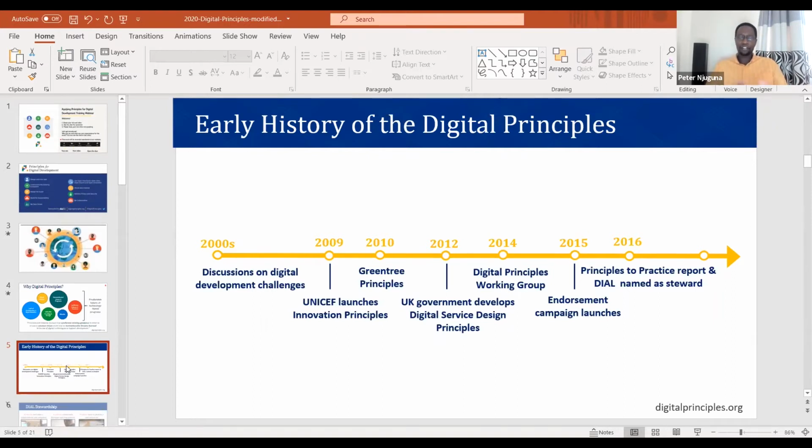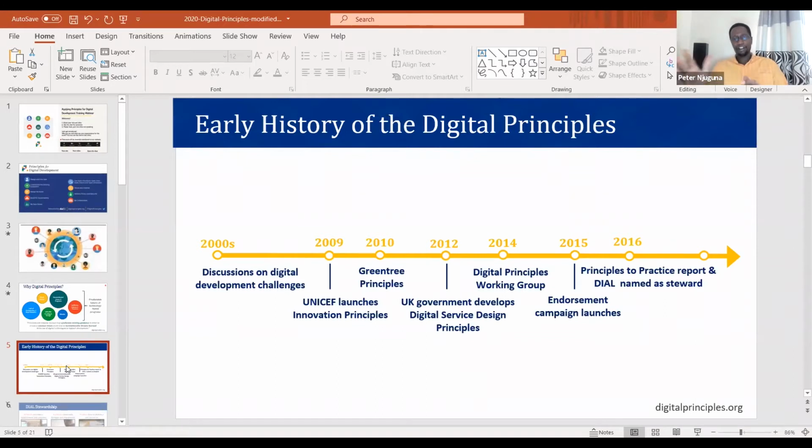They were forwarded to the Digital Impact Alliance, DIAL, to steward the principles and support development organizations in subsequent adoption of and adherence to these principles, and in the development of tools that would support adopting those principles into the working of